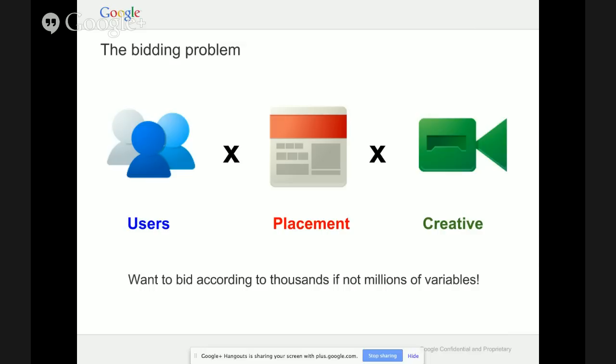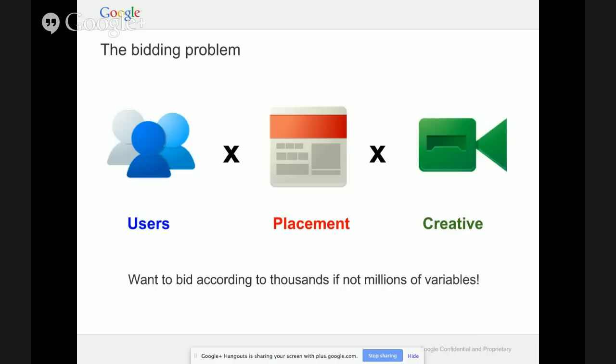You have the users that you want to target. Traditionally, you might look at things like demographics, age, gender, or maybe even affinities to different products. For example, if you were trying to sell a Volkswagen, you might target it to 30-something soccer moms. Of course, you also look at placement. This is the website that you think the ad will show on. You might have a certain sense that sites like ESPN.com perform better or worse, but it's really hard to manage the long tail of all the millions of possible websites out there.